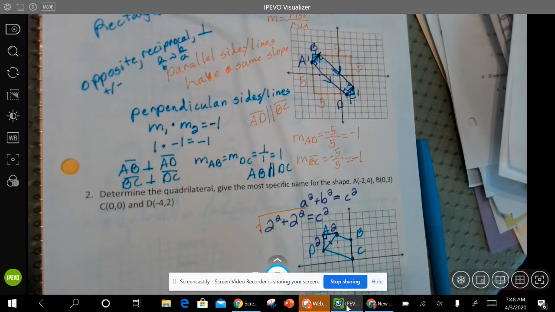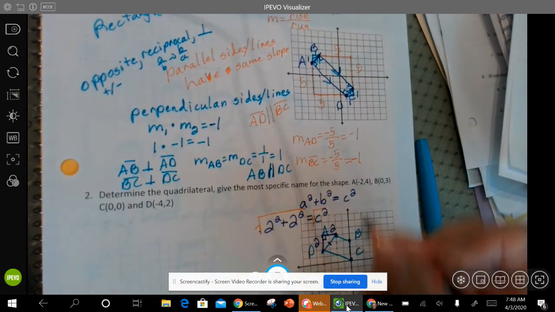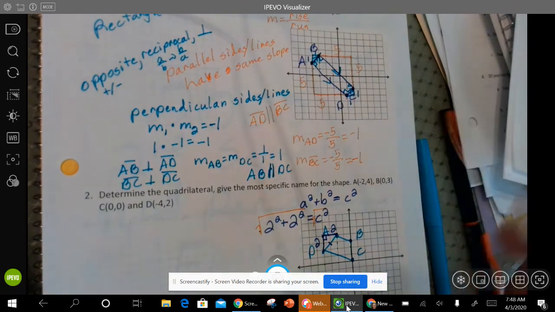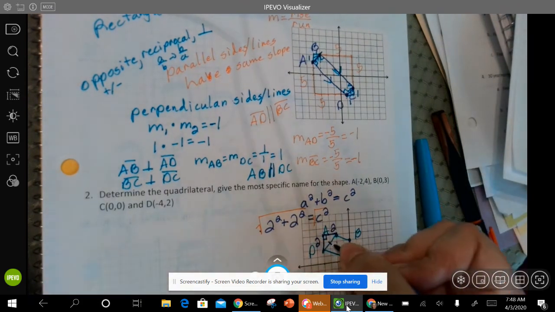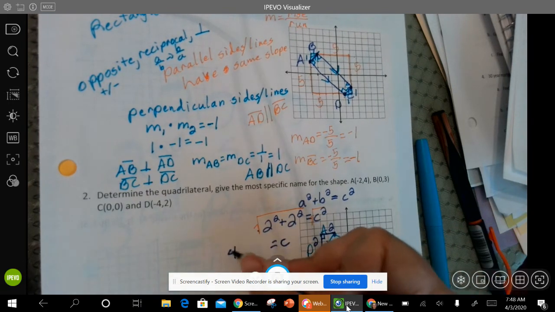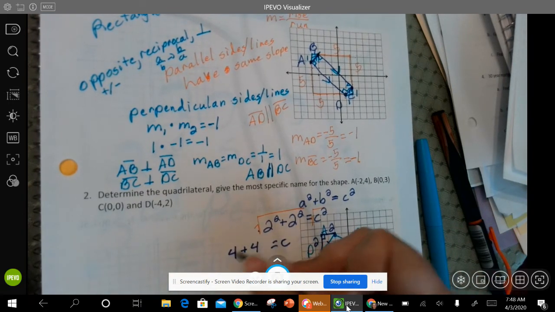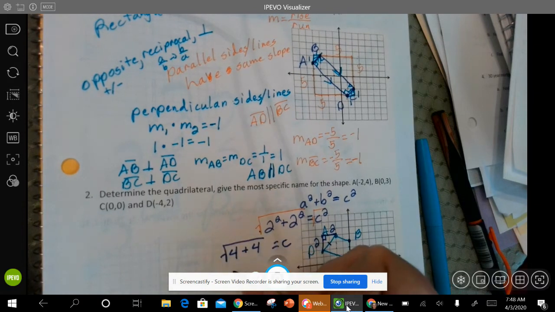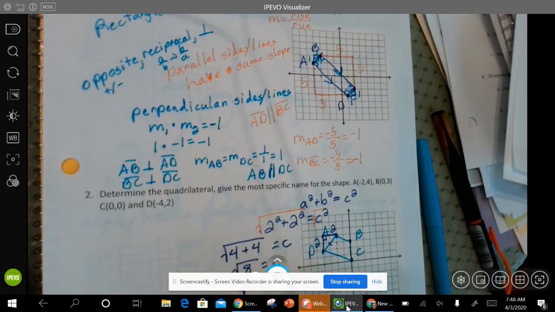So maybe we have to take that square root. Take the square root of both sides. Square root of c squared is going to be c. So 4 squared plus 4 squared, we take the square root of that. 4 plus 4 is 8. Square root of 8 is approximately